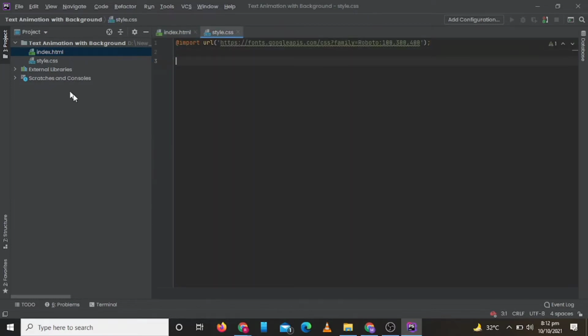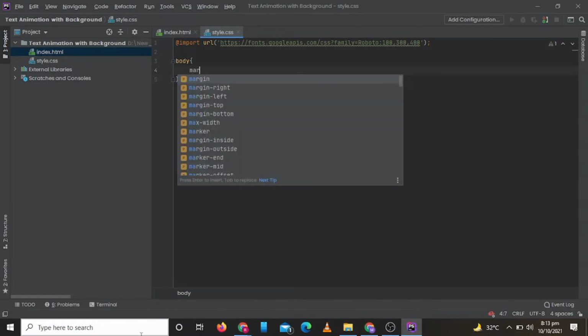Now we will start our styling. First of all, we will write our CSS for our body tag.